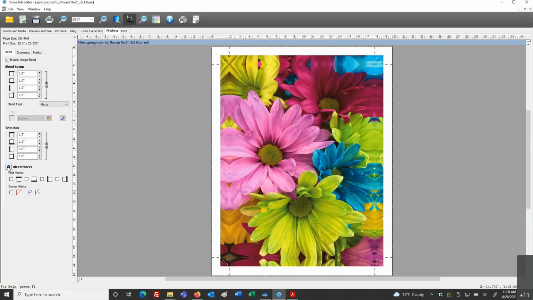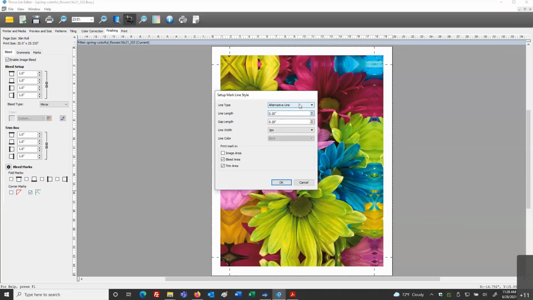And the mark attributes are here where it says bleed marks, and there's a gear for configuration, and we can have a solid line, black or white, and you have a variation of pixel thicknesses. You could have a dotted line, black or white, and again, variations of pixels, and you could set the line length and the gap. And then alternative is a bit of both. It's black and then non-printing, which looks like white. So it appears black, white, black, white. For some areas, a dark mark would help. Other areas, a light mark would help. This suits both needs.